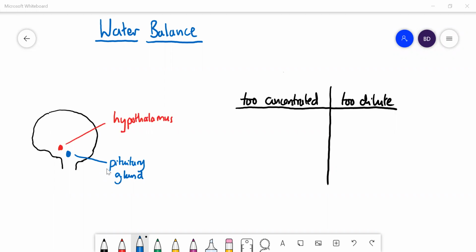Where the detectors for osmolarity are found is in the region of the brain called the hypothalamus, which is here. If the blood is too dilute, hypotonic, then water will enter the cells of the hypothalamus and they will swell up, and they will detect that. Conversely, if the blood is too concentrated, there's not enough water and too much stuff dissolved in there for the volume, the cells of the hypothalamus will shrink and they will then cause the secretion of a hormone